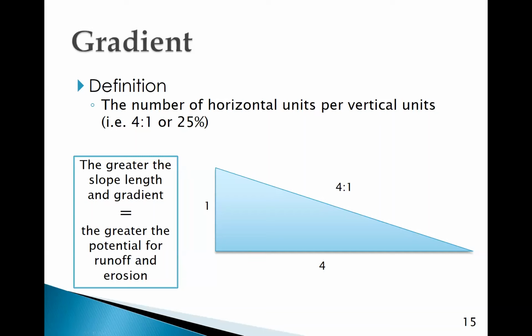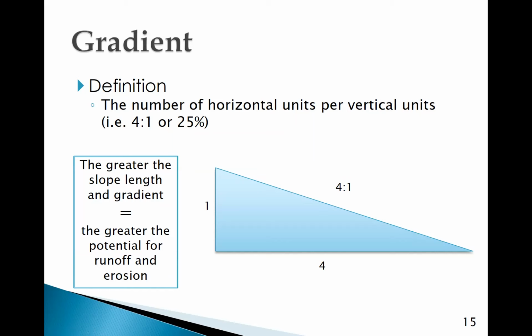Gradients, another thing we need to think about. So again, it goes back to the topography, but how steep is our slope? So again, if your backyard is really flat, you're not going to get very much speed when that water runs off your backyard. But the steeper you get, the more water potentially is going to run off,